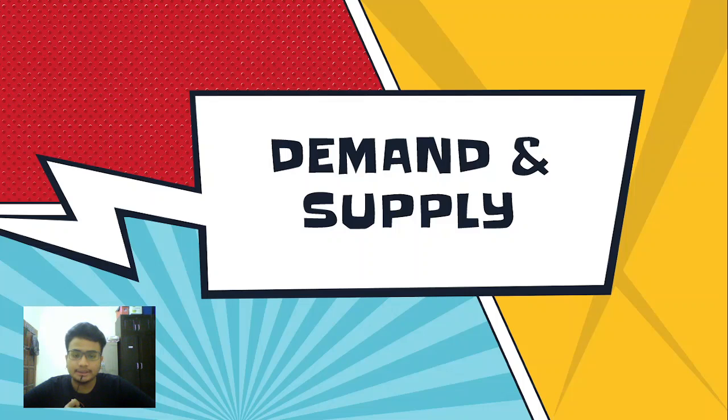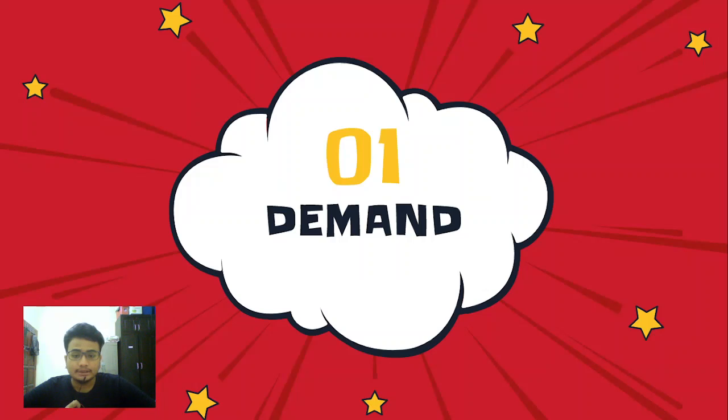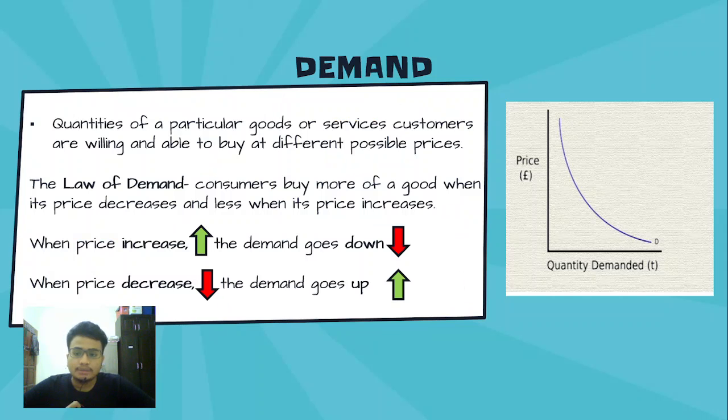Today I want to present about the topic of demand and supply. So, what is the definition of demand? Demand is the quantity of particular goods or services customers are willing and able to buy at different possible prices. So, the law of demand is